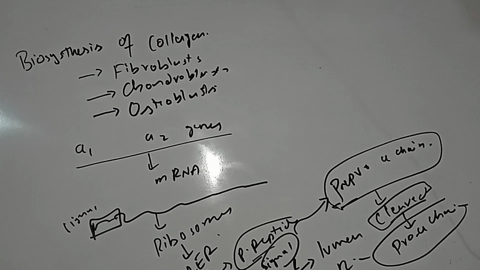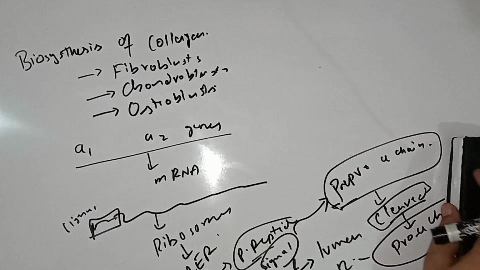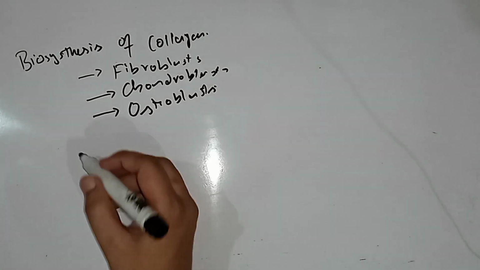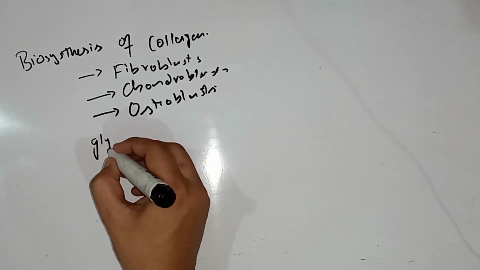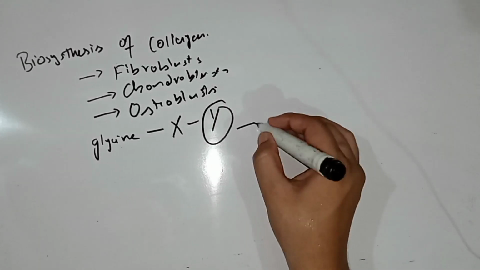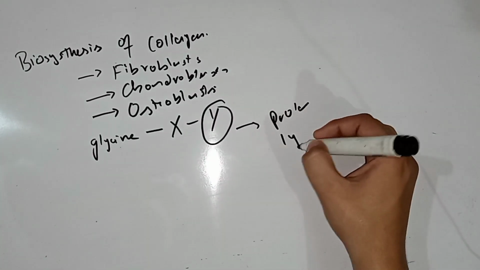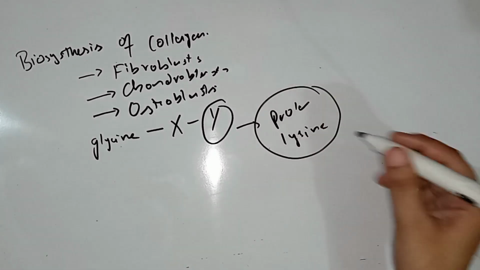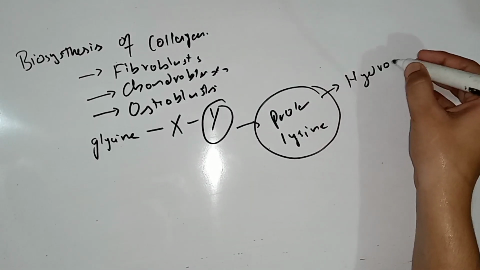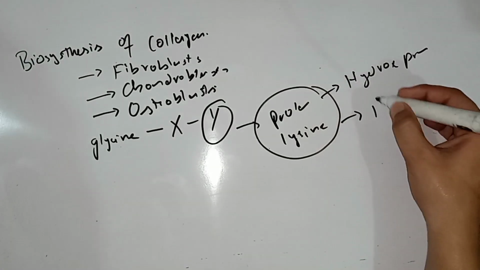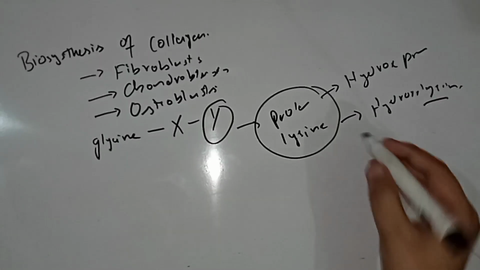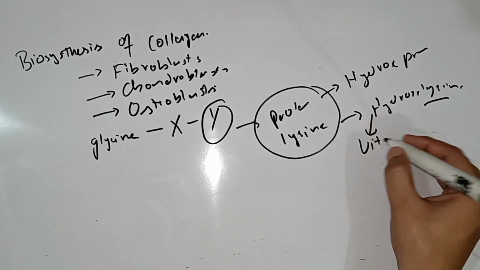These pro alpha chains, which are in the lumen of the rough endoplasmic reticulum, have, as we previously discussed for the primary structure of collagen, the repeating pattern glycine, X and Y. They have at the Y position either proline or lysine. This proline or lysine is hydroxylated; a hydroxyl group is attached to form hydroxyproline and hydroxylysine. This hydroxylation reaction occurs in the presence of vitamin C,